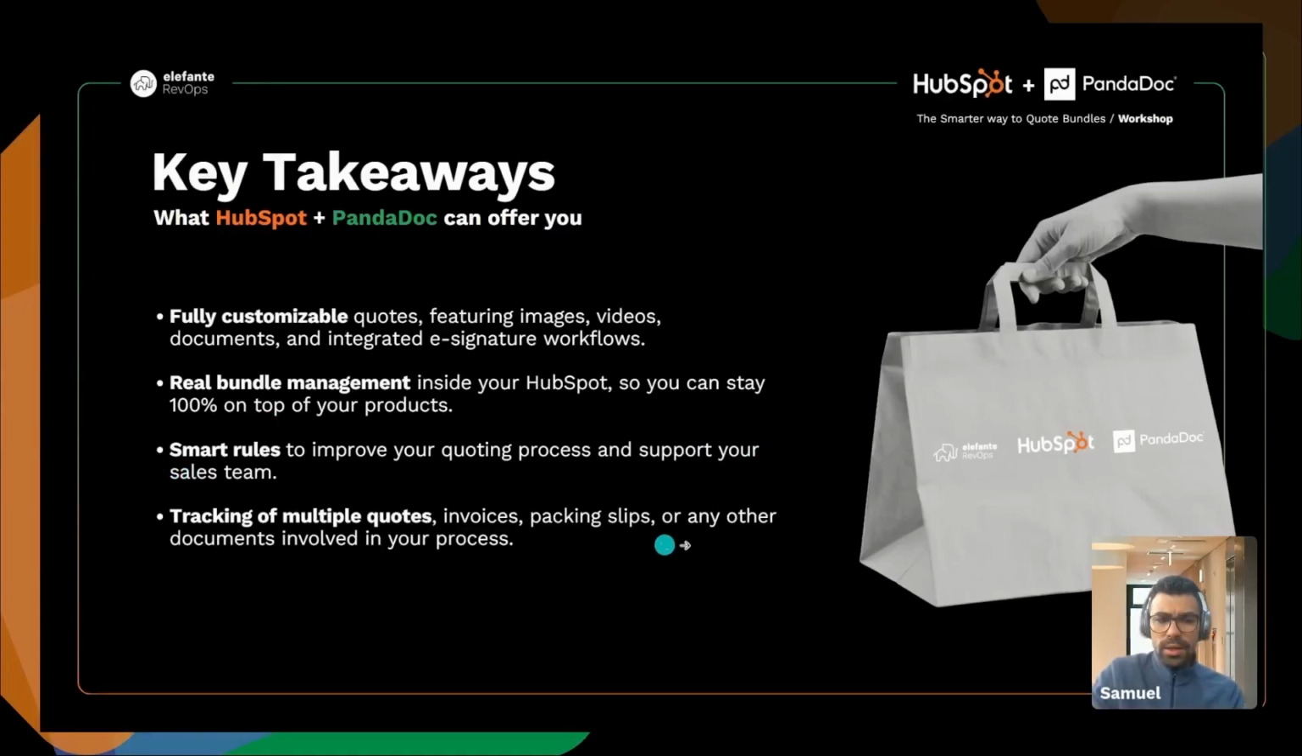And the last thing that we can do here is keeping track of multiple documents. So if you have to present from HubSpot different quotes for the same client, for the same deal, for example, 3 options of quotes, you can do that. And with a custom object, you can save the information for each one of those quotes, and you will be always on track. The same thing if you need to present invoices, packing slips, or any other document using PandaDoc